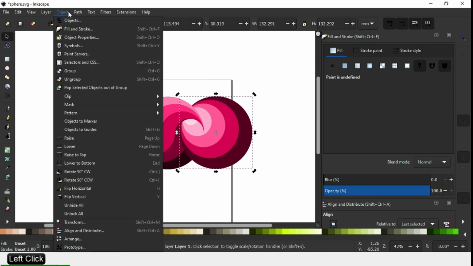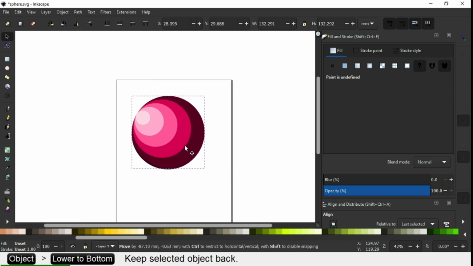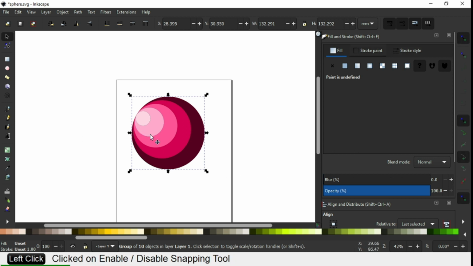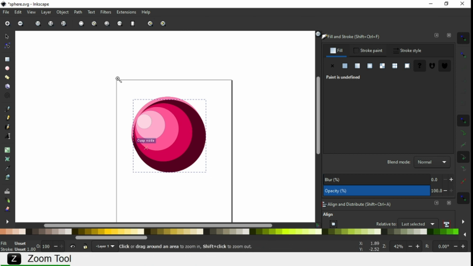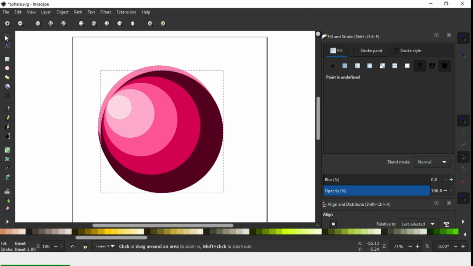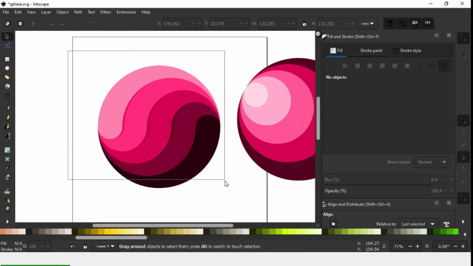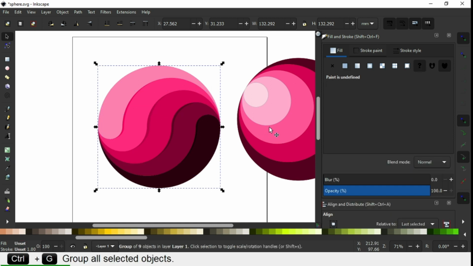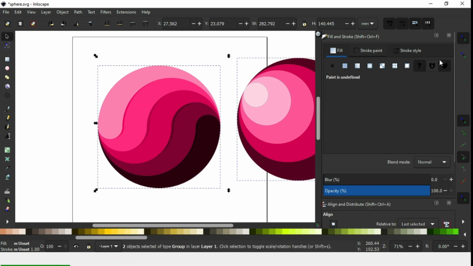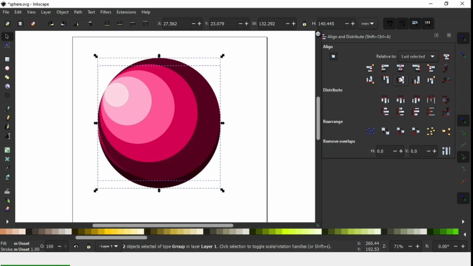First we have to raise to top, align to center, or you can snap to center. Group it. Now select these two and align it.